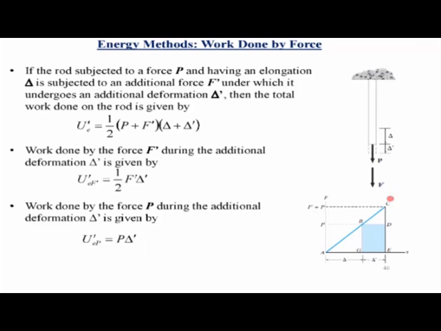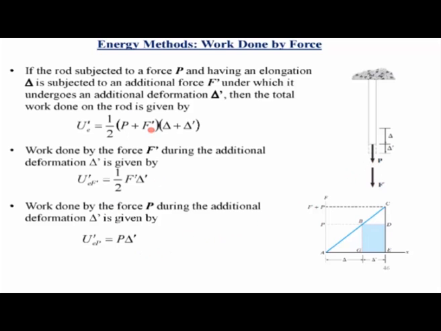Yeah, so what we did is we first applied the virtual load. In this case, the virtual load is P and the external load represents F, F dash. So the work done due to the virtual load, when you apply the external load and it undergoes this additional deformation delta dash, is P times delta dash, which is represented by this shaded area. So it is a gradually applied load, but the virtual load is already existing, as in the case of this load P here. So because of that, the work done due to the virtual load is P times delta and not half P times delta.